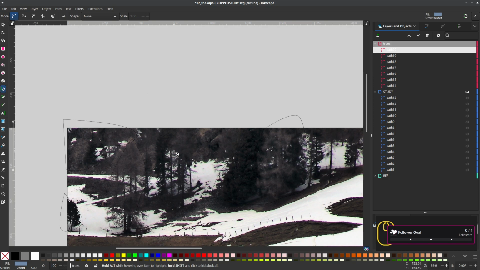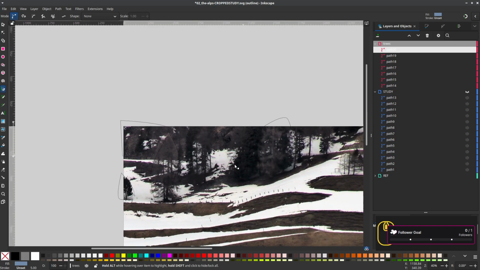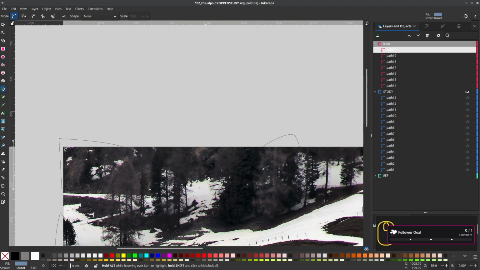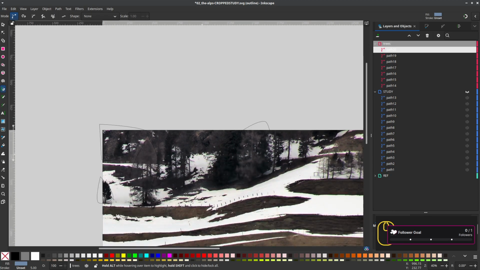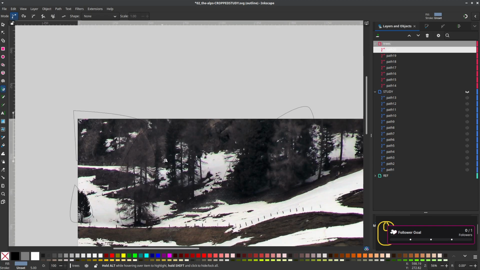I wish there was a way to change the color of the outline, because there is a big tree shape here, but